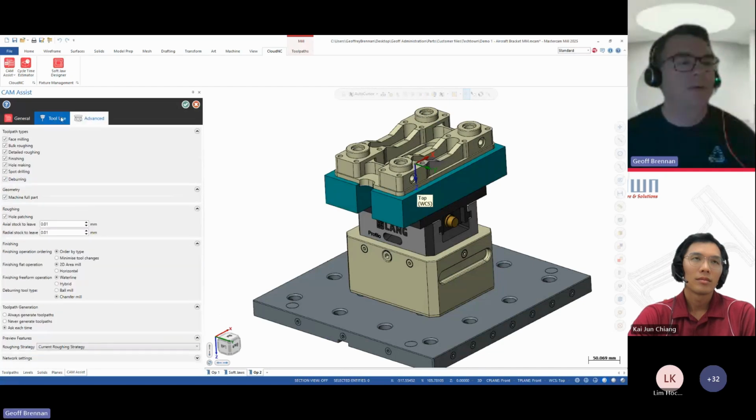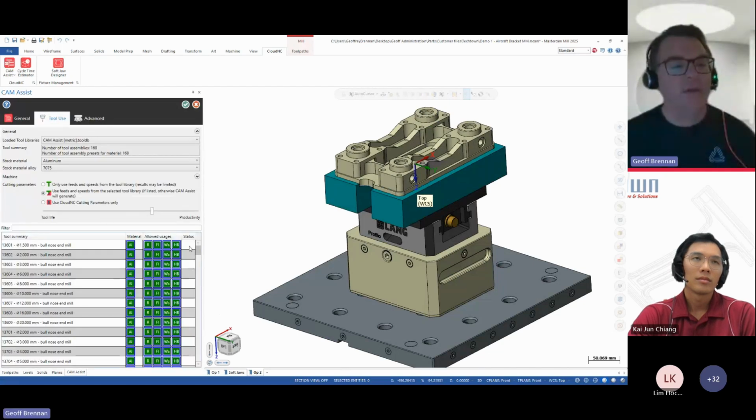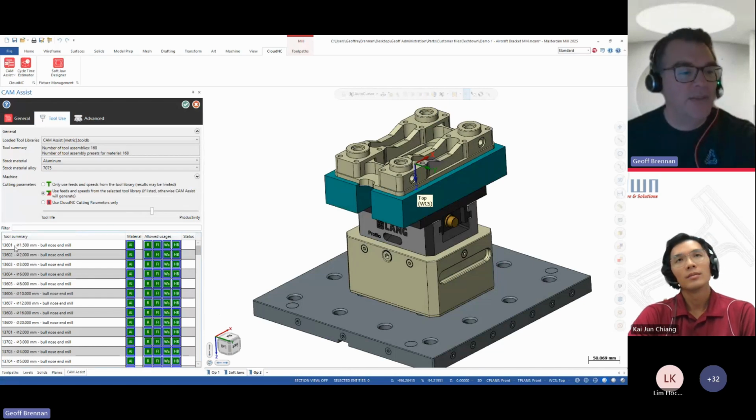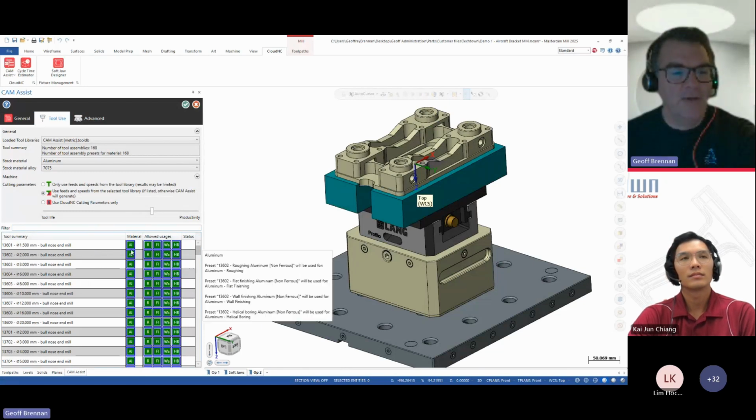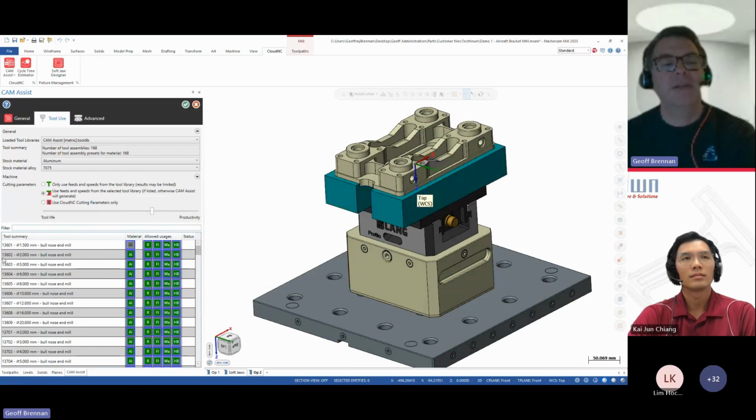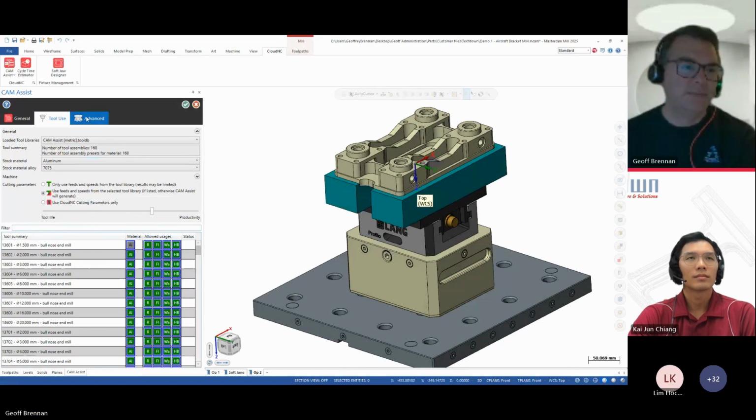We'll come back to the tool use here. One other thing you can do here is, as an example, say this 1.5 millimeter bull nose, I actually don't have in stock at the moment. I can disable it from Cam Assist just by clicking this, and it'll be bypassed by Cam Assist. And I can do the same for operations.